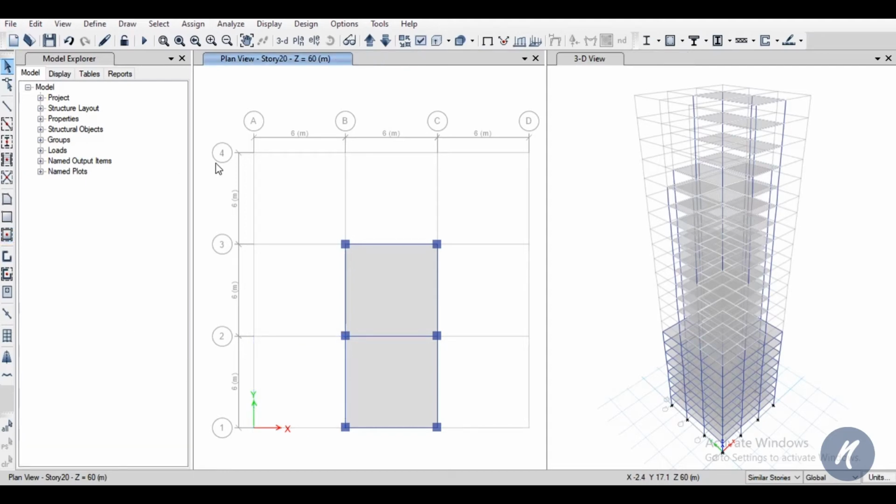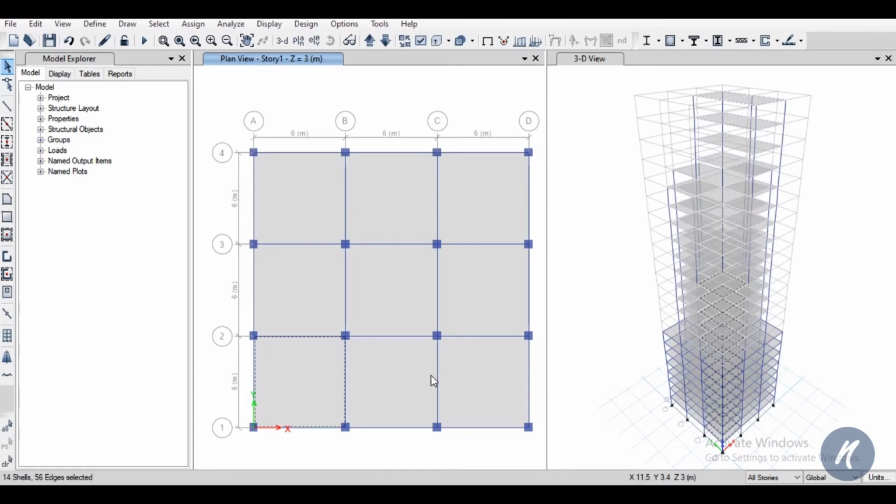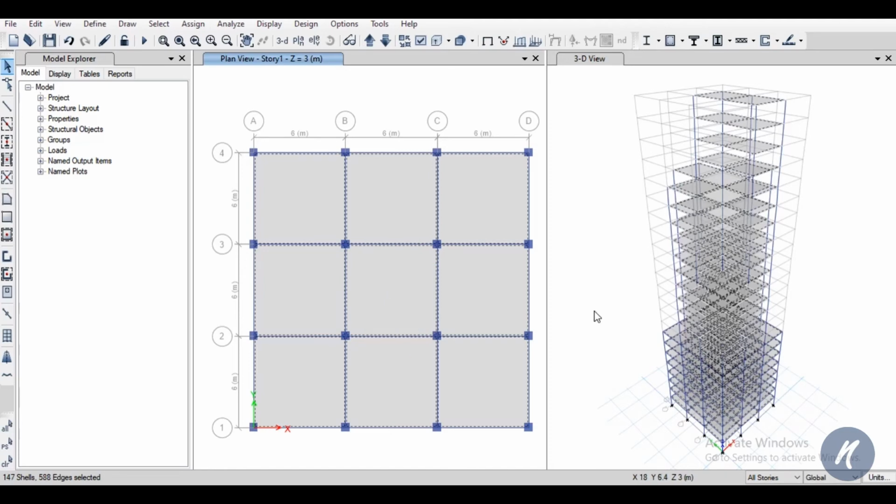So to apply the loads, we'll again go to the base. Now we'll go to story 1, and in story 1 we'll select the all story option. Now we will select one by one, we will select all the shell elements. Now you can see in 3D that only those where there is no shell present, nothing is selected. And now we'll go to the assign menu,